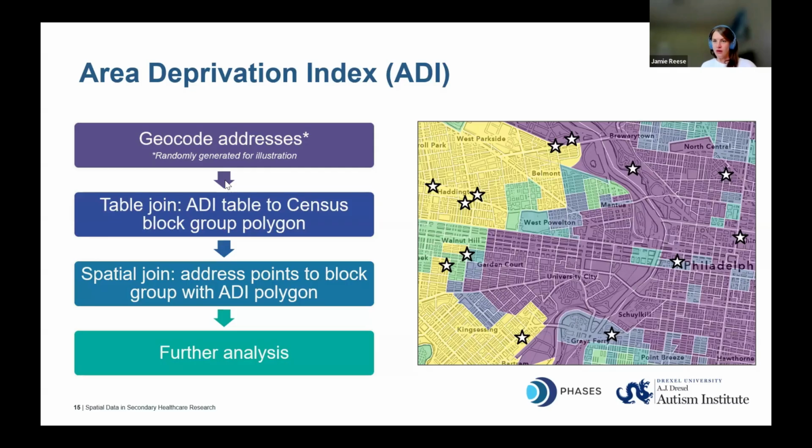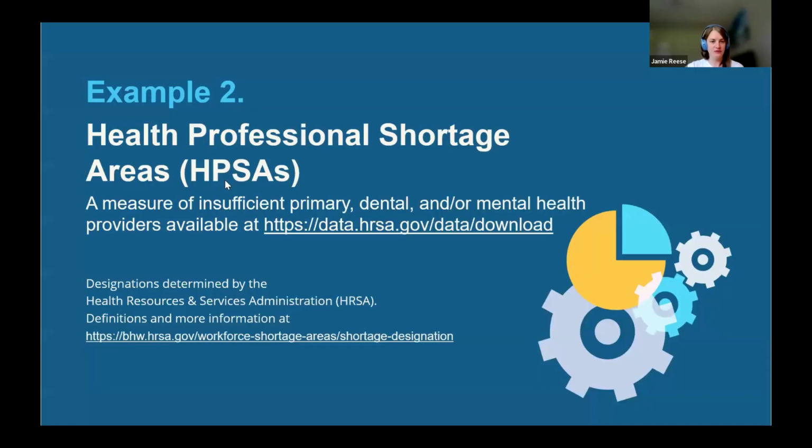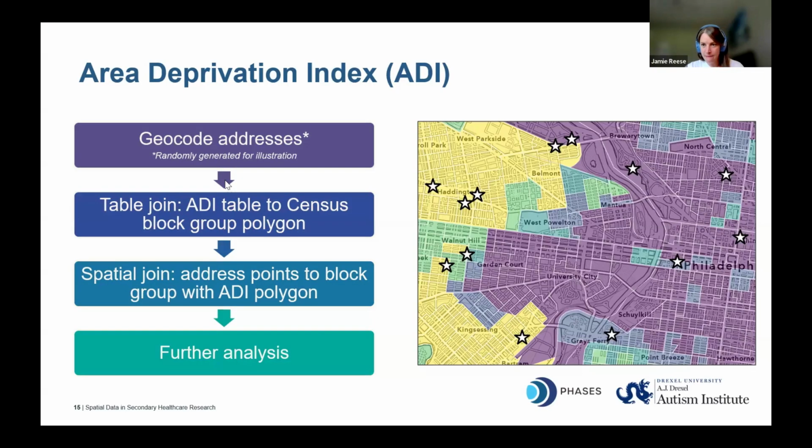But to get into the spatial join, you can undertake that, and that'll identify which block group each of those stars is within. And because we did that join, we're going to also know by virtue of the block group what the ADI value is. And then from there, like I said, I usually will take the attribute table and I'll export it, and then we can use it in whatever software we would like. And then we can do some further analysis based on what we find there.